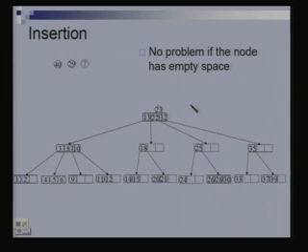Let's say we now try to insert 23. Okay, so 23 lies between 22 and 32. So we are going to take this link out. So we took this link out. 23 is less than 25. So we come down here. Okay. So in a node, we will try to keep the keys in sorted order. Because only then will we be able to search properly. So 23 should come at this place. So what should I do? Move 24 to the right, and 23 will come at its place.